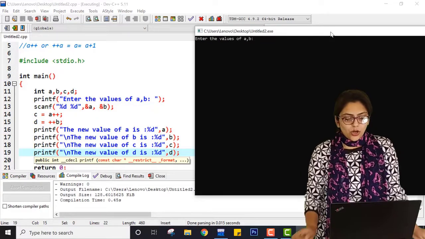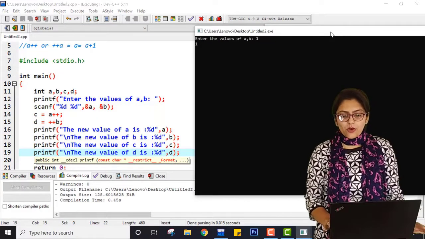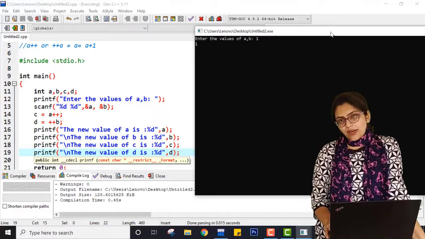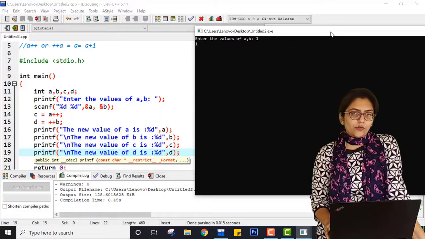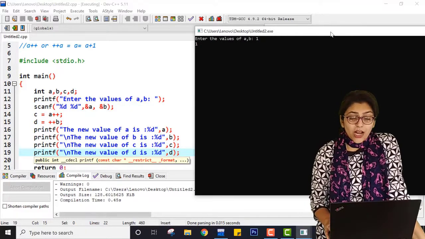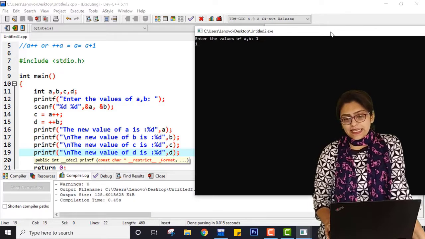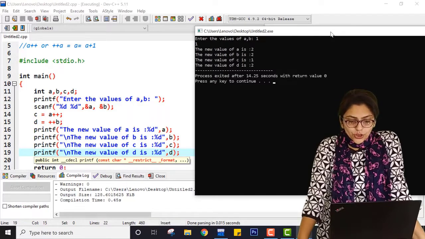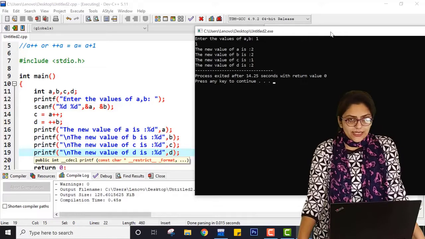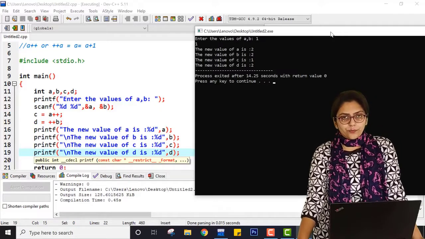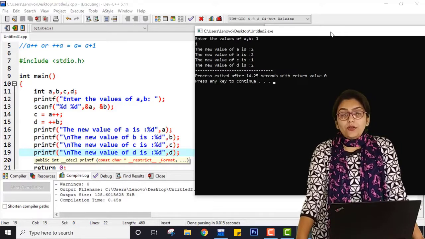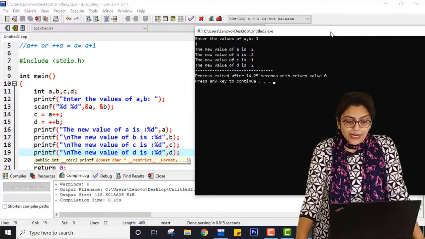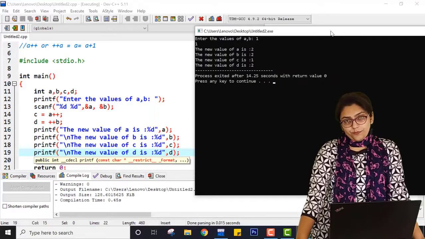Now I am entering one as the value of A and one as the value of B. So the new value of A will be 2 and the new value of B will be 2. Now let us see whether C and D carry the same value or not. You can see the new value of A is 2, the new value of B is 2, but the new value of C is 1 and the new value of D is 2.